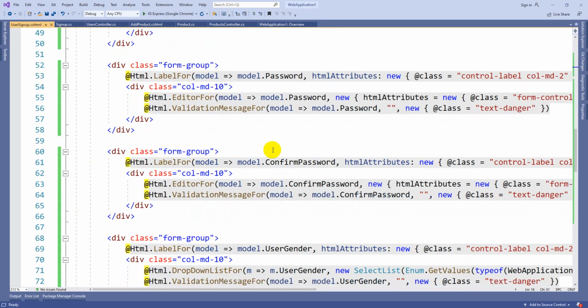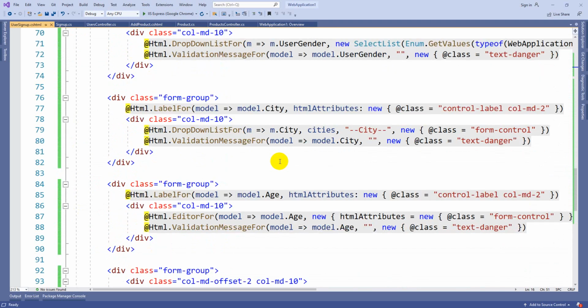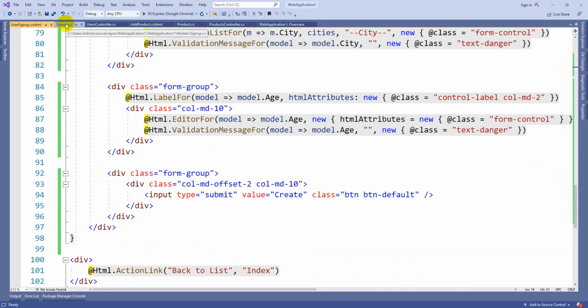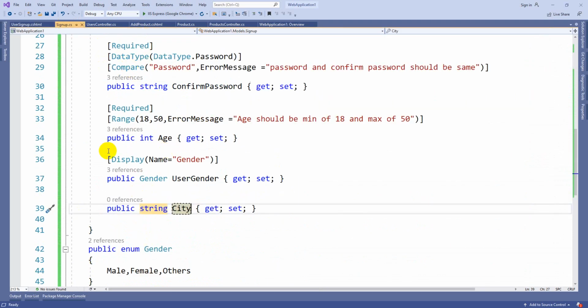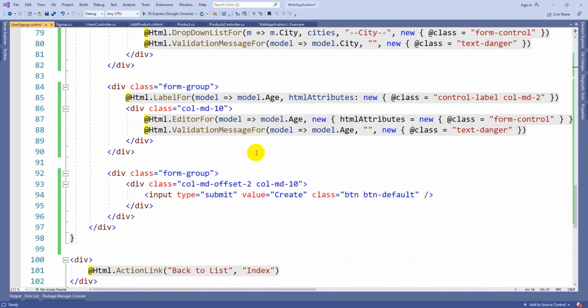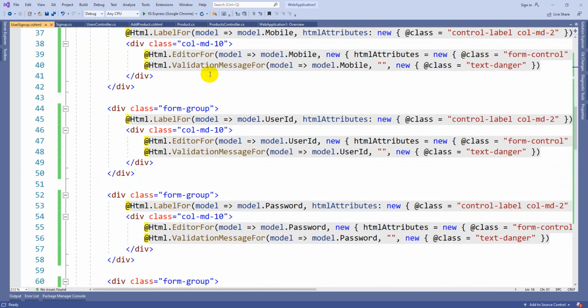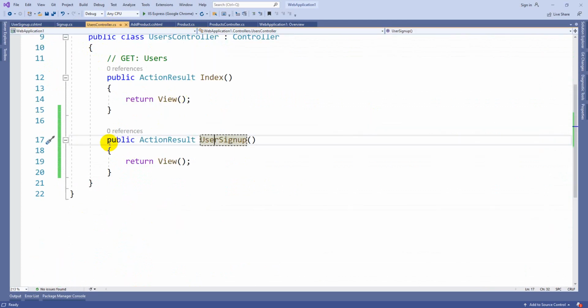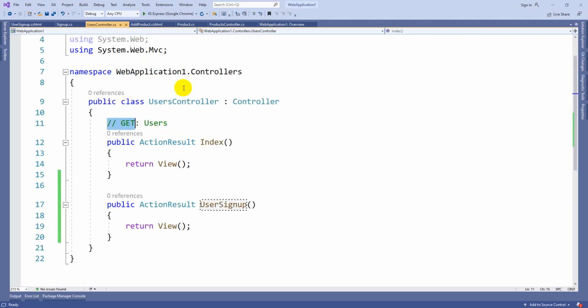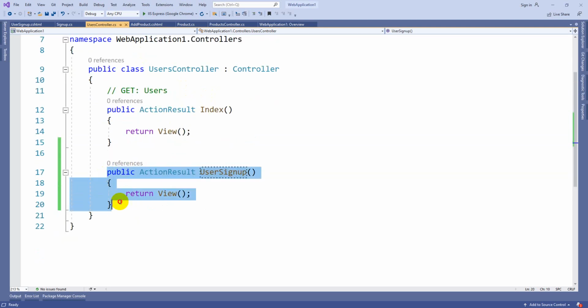So this is how you can create models from this particular data model, and we can perform the validations also, and you can create views and customize them according to our requirement. So as of now this is fine. The major thing: this is a get method. Even if you are not specifying anything, by default, whenever there is no data annotation on the controller action, it works for the get method. Get is nothing but, in the URL if you type users/user signup, this is getting executed.